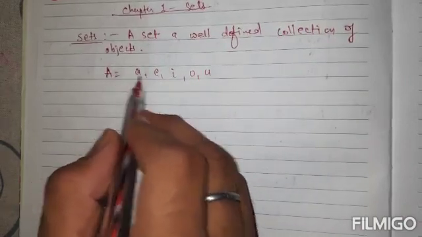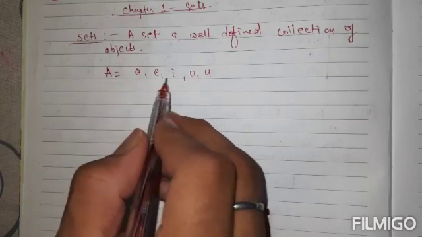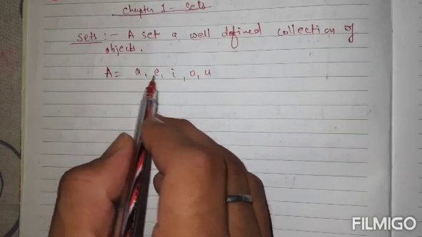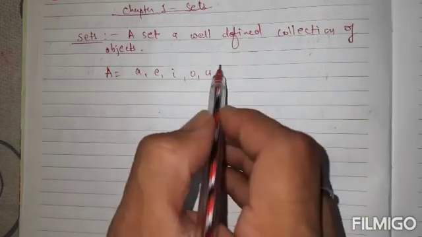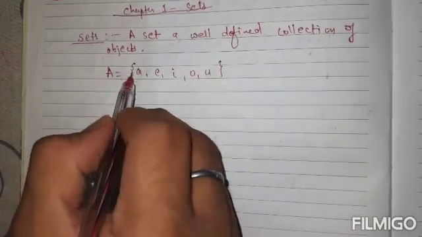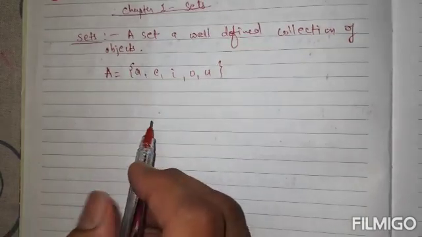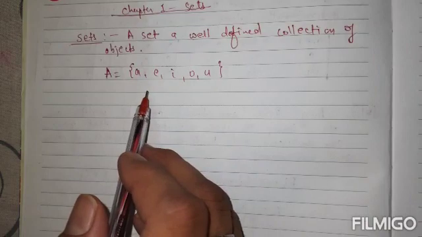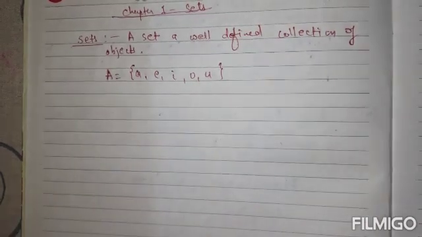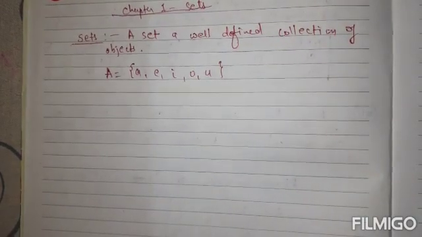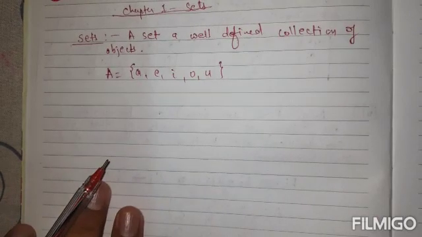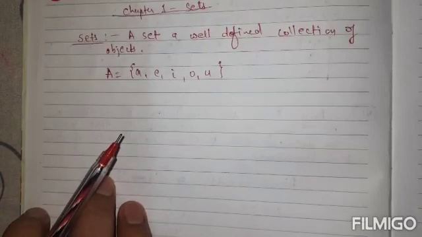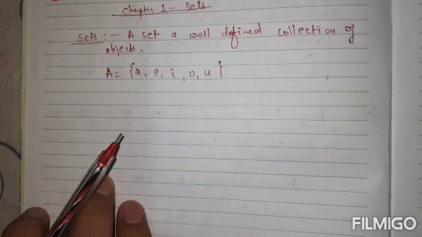Here, to write the set A of all the vowels of the English alphabet, we have to write all the elements separated by commas and enclosed in curly brackets. Just keep this in mind. So this is now a well-defined set. Similarly, we can define other sets also, but just note that the set must be well defined. Well defined means at least we can write the definite objects of the set.